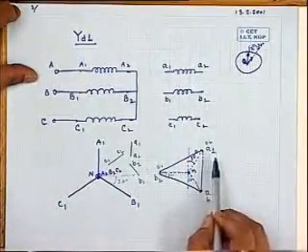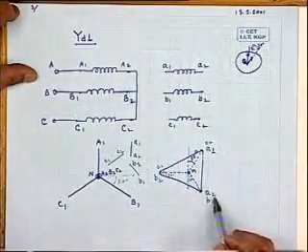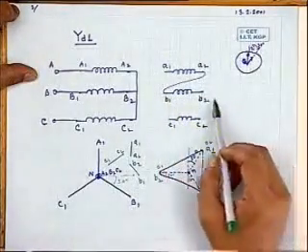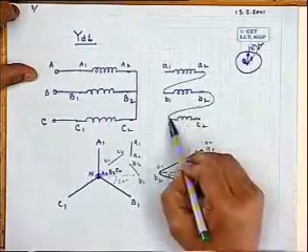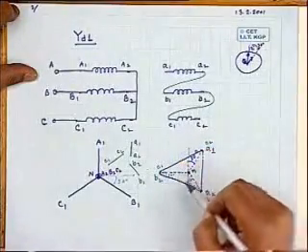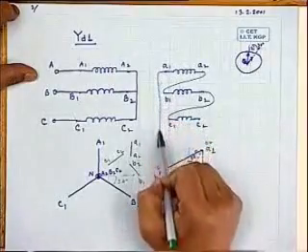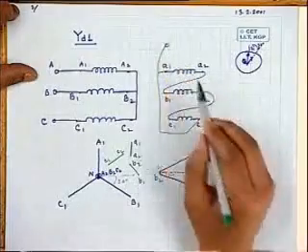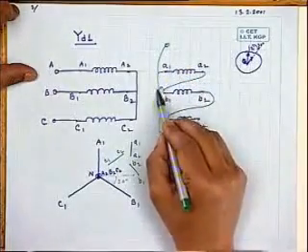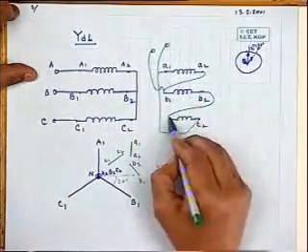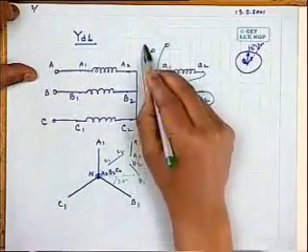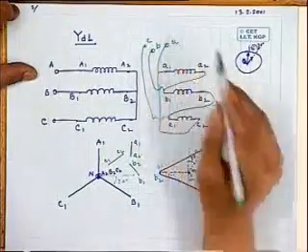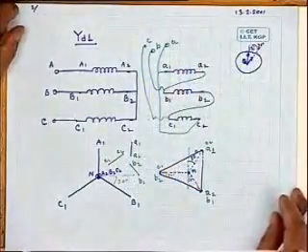And then I go for the connection by looking at this diagram. That is, for example, A2 should be shorted with B1. B2 should be shorted with C1. Connect. And C2 should be shorted with A1. And you take output from A1, B1 and C1, this junction. This is your secondary side, A output, B output, C output, where you will perhaps connect a load.